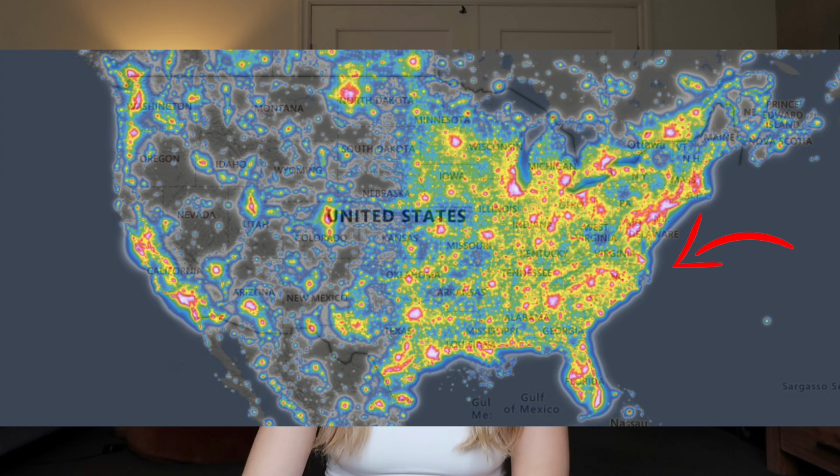Australia just has so much less light pollution than the US because, in terms of the entire country, there's like, I think about 5 big cities, but in the US there's hundreds and hundreds of big cities. So because of that, the light pollution is really spread out. If you look at a map of light pollution from the US, it's super heavy on the East Coast, and then there's kind of a gap, and then on the West Coast as well there's a big group